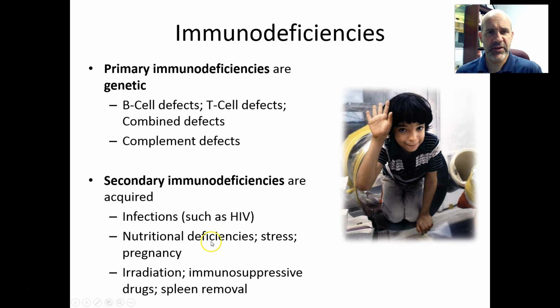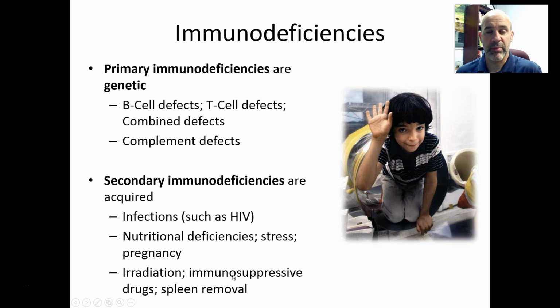Nutritional deficiencies, stress. When you're pregnant, you're immunodeficient. As you get older, you become immunodeficient as your immune system just doesn't work as well anymore. You can't produce those B and T cells and other white blood cells as quickly as you used to be able to do so. If you've been exposed to radiation,